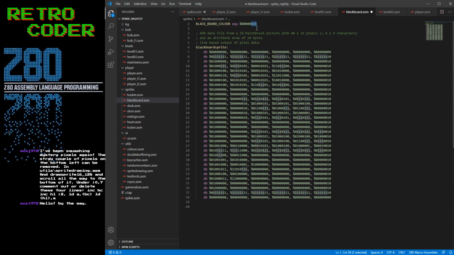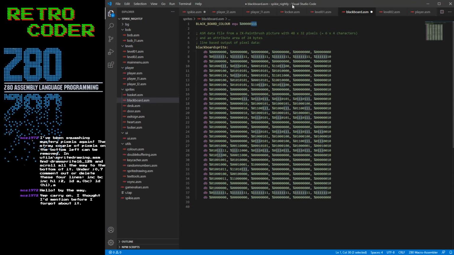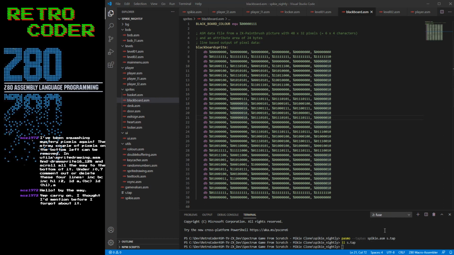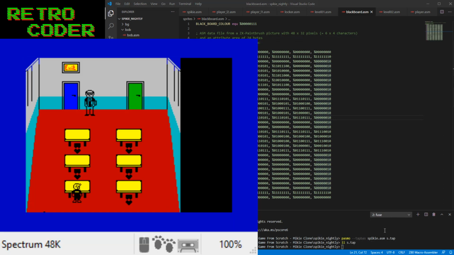I can't remember if that's white or black, but that's the ink. Anyway, we'll figure it out. Might not even need this, because if we look at the level, if we open the game, if it'll let us. Bob is taller. I guess I could make Bob's max like where he is, because that way this blackboard will never, it could be any colour we wanted and it would never affect any of the sprites. But if Bob can walk past it,